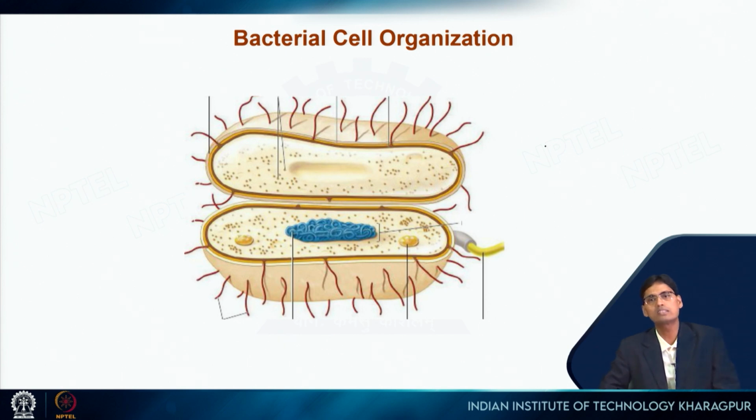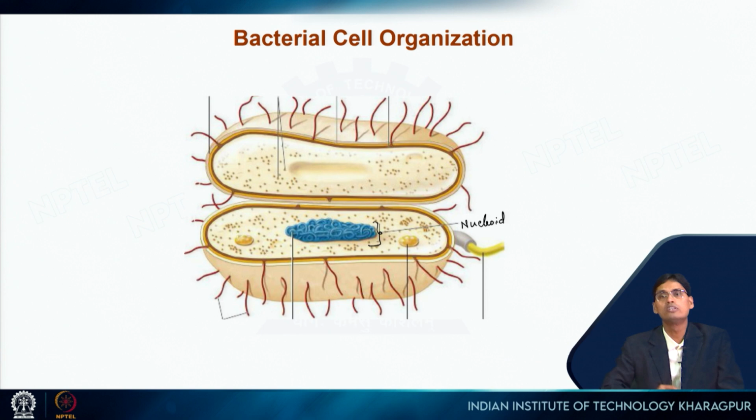Now I will discuss, and particularly focus on, bacterial cell organization. There are a few things which are very similar to the eukaryotic cell, but there are a few things which are completely different and unique to the bacterial cell. Here, as you can see, this is a section through a bacterium, so that we can explain what is present inside the bacteria. That's why we are showing it in this way. And here, as you can see at the center, whatever you can see here is